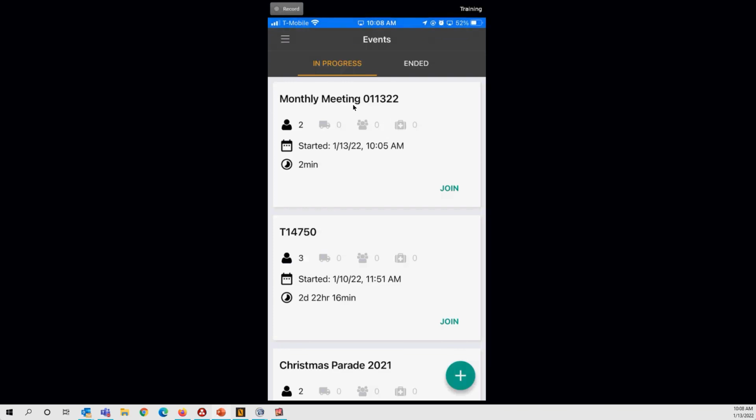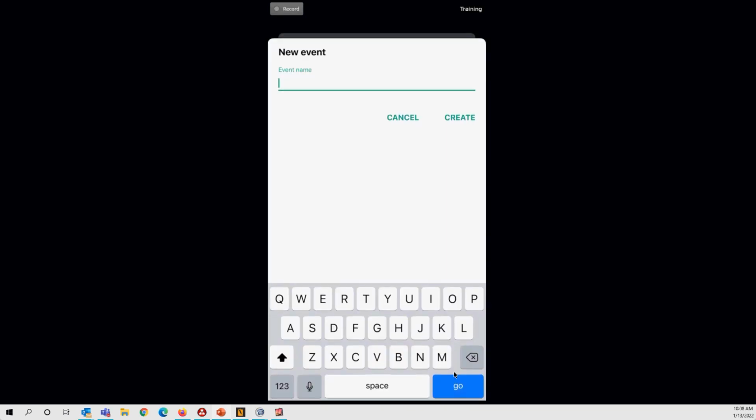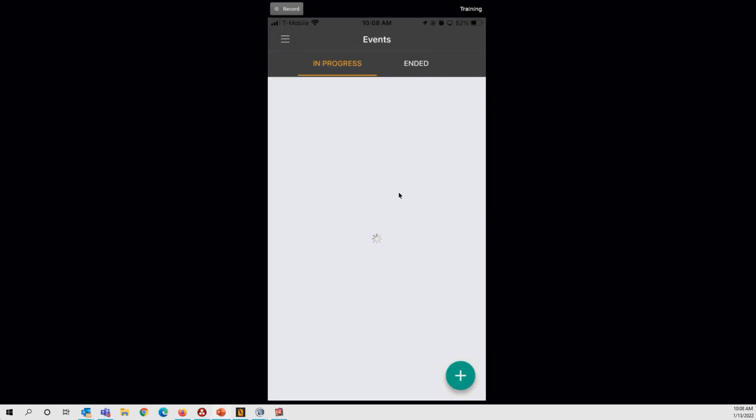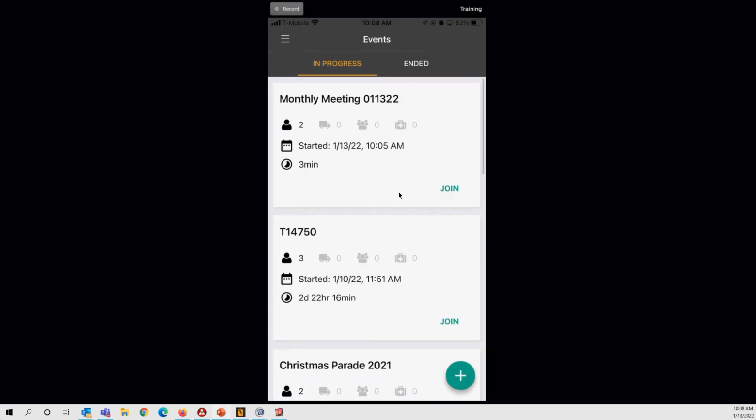So if this was something that you weren't using RapidTag with and you were just using solely the Track app, of course the event wouldn't pop up on here. You'd have to tap down here on the new and then create the event itself. Okay, so you can create the event itself. In this case, we'll just use the one that's right here so I can show you that process. So in this case, you create the event, or you can join it if you're using it in conjunction with RapidTag. It just really depends on how big your meeting is, right? So you can tap join, and then you can start